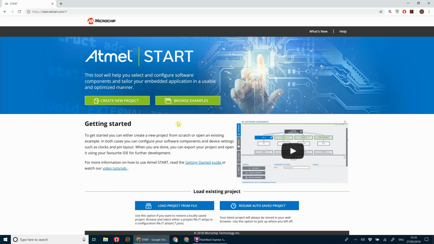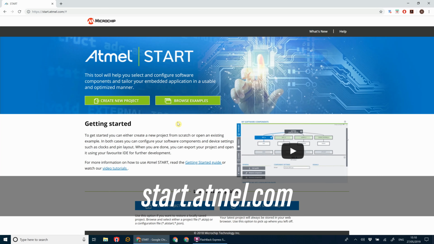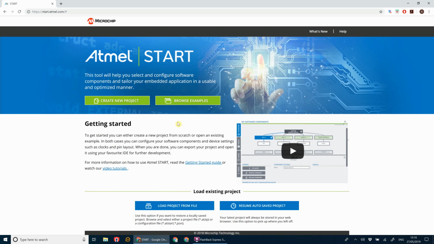This is useful for applications where you don't necessarily know when the input or output on the serial line is going to be, so you need to listen out for it and handle it when it does happen rather than waiting specifically for it. So if you open your browser and go to start.atmel.com, we're going to click on